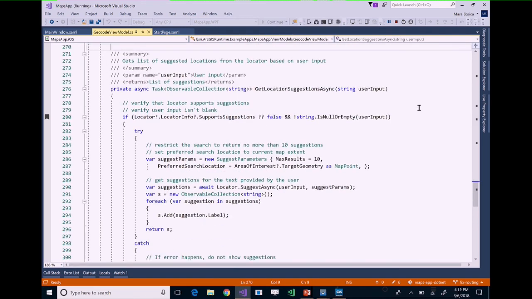So inside of this, I have a locator, and I'm interrogating it to see if it supports suggestions. You have to enable that when you create your locator. If you work with your own locator, you have to enable that inside Pro when you create it. And if it supports suggestions, I go ahead and call suggest async and pass it the